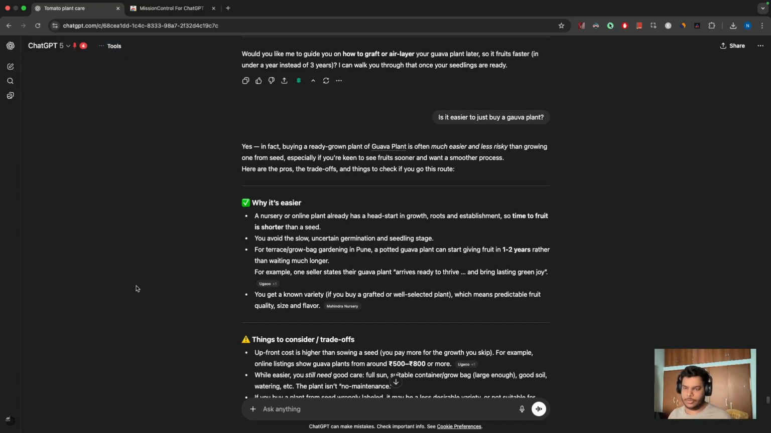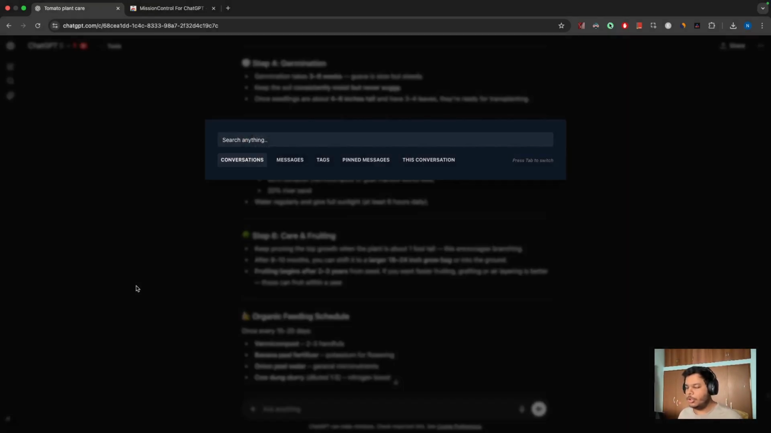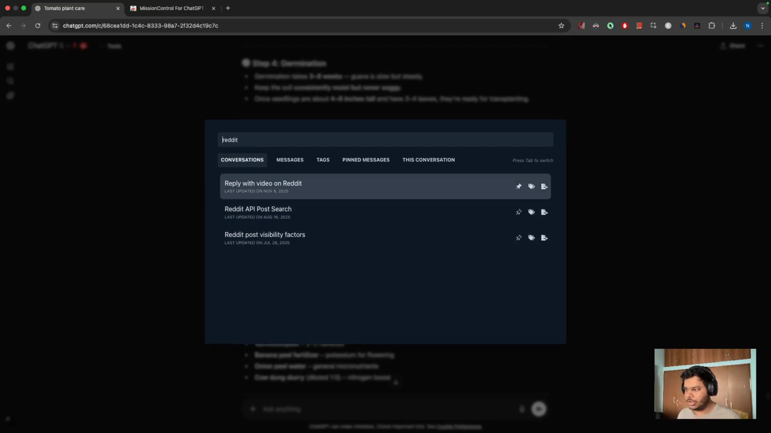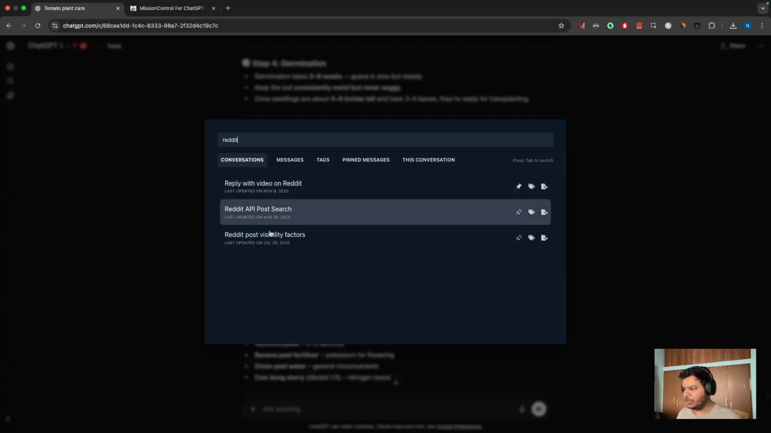So let's now talk about one of the most powerful features of MissionControl, which is the spotlight search. Again, like I showed in the tags, you're gonna hold down Shift and space to bring up spotlight search, and you can basically search for anything in this particular modal, right? So you can search for a conversation by the title. I want to search for a particular conversation which has Reddit in the title, right? So if I type Reddit, it's gonna search for all the conversations with Reddit in the title, right? So I can actually select, or I can also use the arrow keys to go down and up